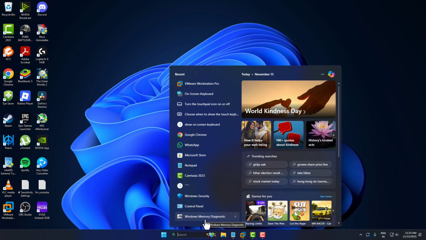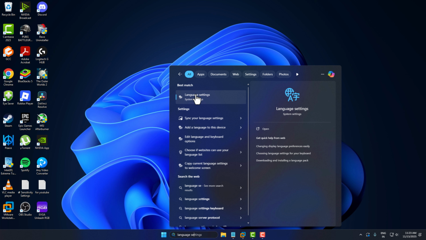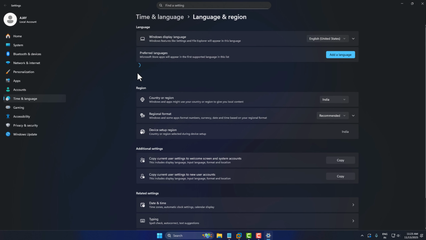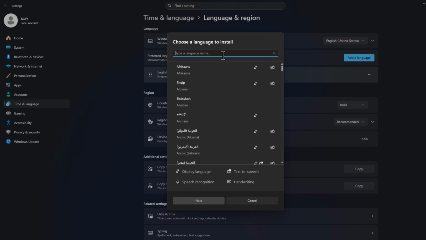You just need to go to search menu and type language settings. Click on open it. In preferred languages, you just need to select add a language option, and you just need to search for the